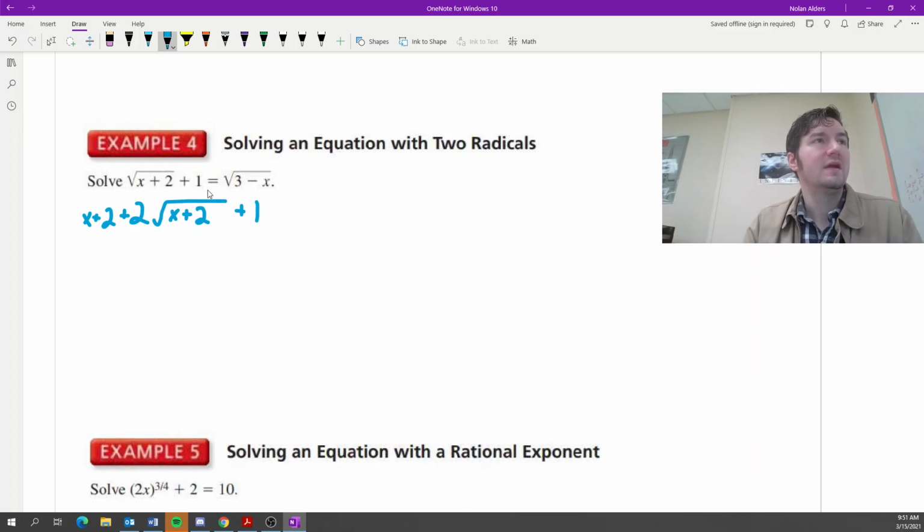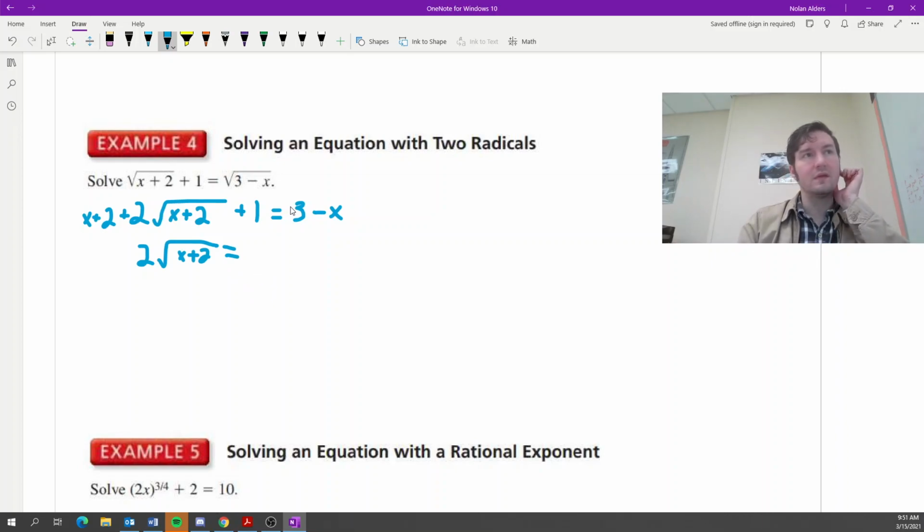All right. And then this right side, we'll also square this. And when we square this, we're just left with 3 minus x. That was easy. Okay, let's clean this up a little bit. So we still have a radical. Let's isolate this radical because there's only one radical now. We can combine this 2 and this 1 to get 3, and then we can subtract it over to here, and 3 minus 3 is 0. And then we can also subtract this x. So we'll have 2 square root of x plus 2